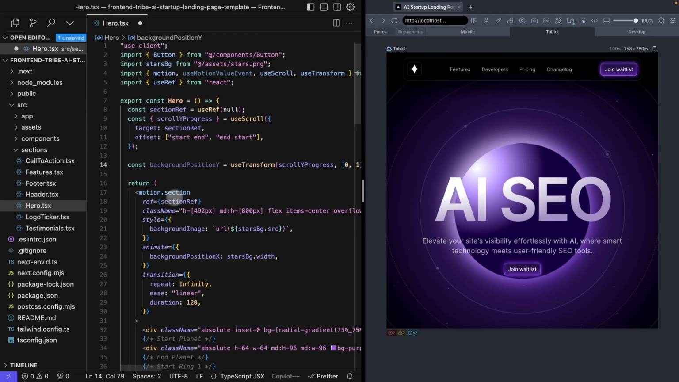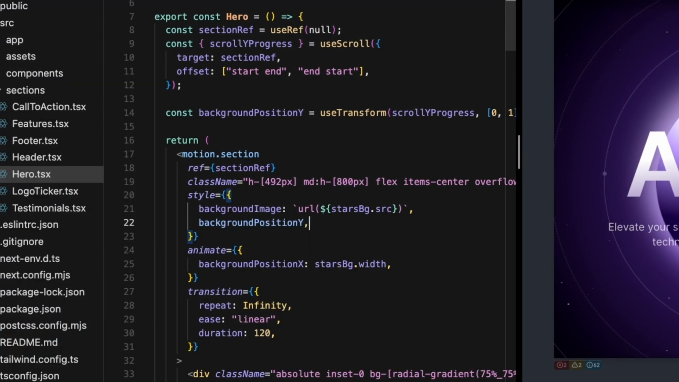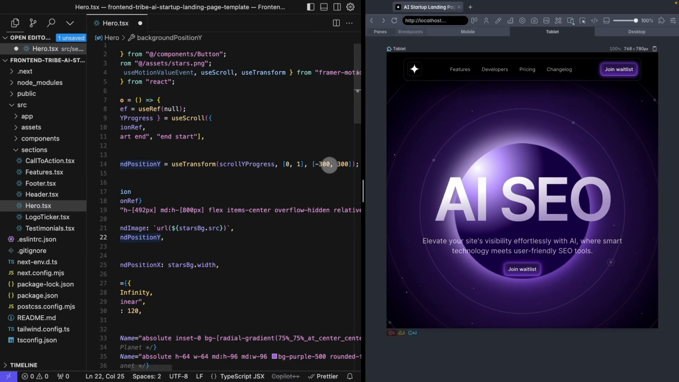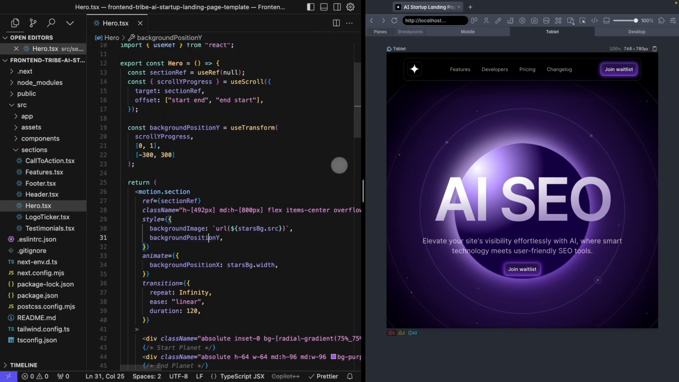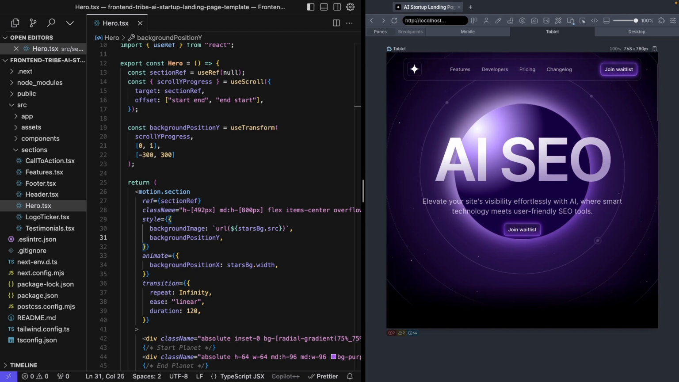In order to add that in, we're just going to add a style of backgroundPositionY. So backgroundPositionY is going to be equal to that value between -300 and 300. So we're just going to transition that as we scroll. So let's see how this works and if it is a great effect. So let me scroll down a little bit, and you can see that our